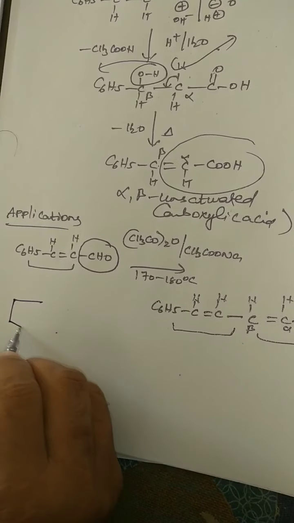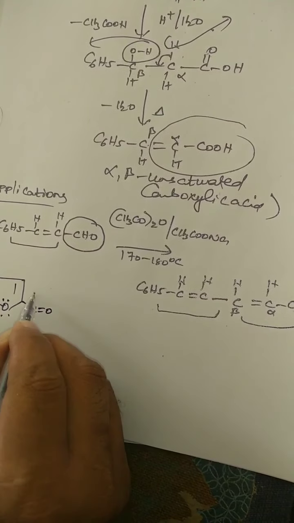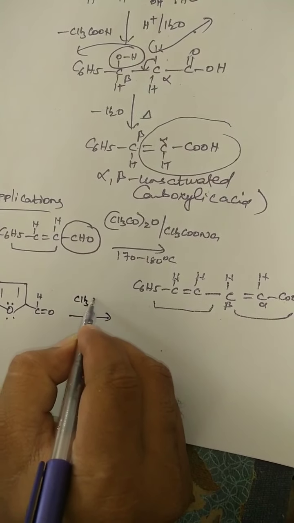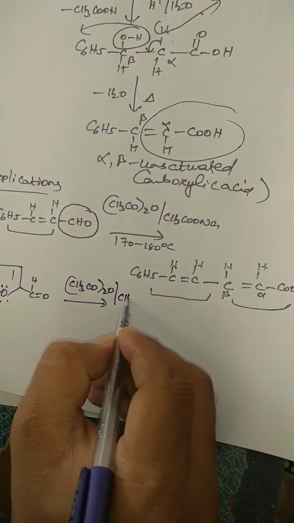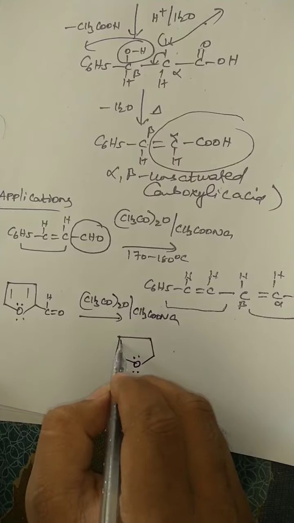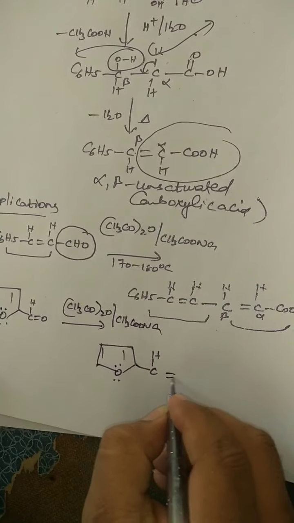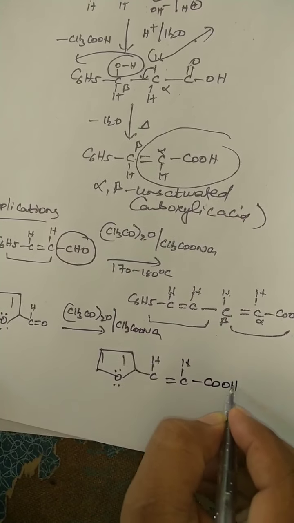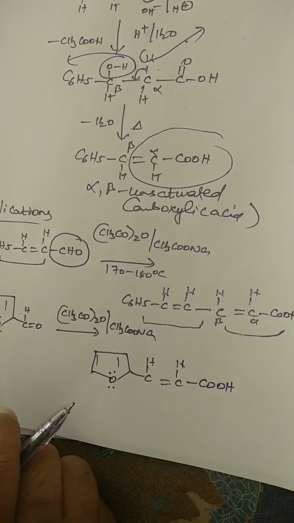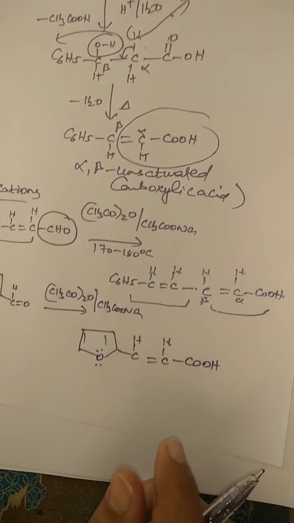So in the same manner you take this example, whatever it may be. This is a compound having no alpha hydrogen. Same, you take the same reagent, acetic anhydride followed by sodium acetate. So what are you going to get as a product? Just think about it. So CH double bond CH COOH. So you may get this product. If you want, you can write the mechanism for this. How will you write the mechanism?